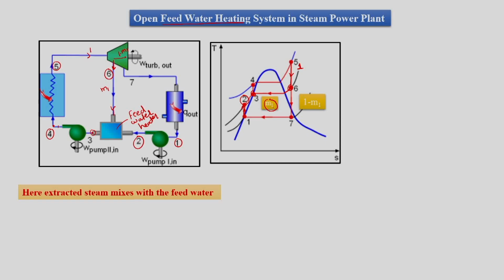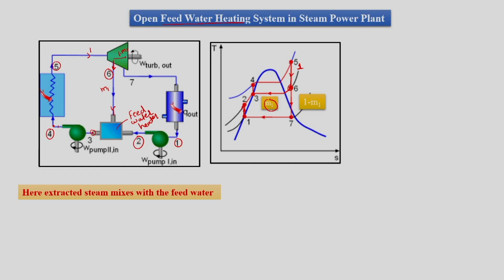So the mass m1 is very important, since the same amount of mass has to be taken from the steam, which would bring the water plus steam mixture to state 3, which is the dry saturated state corresponding to pressure P2. Then at 3, since steam has mixed with the water, we have pumping from 3 to 4,